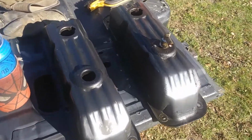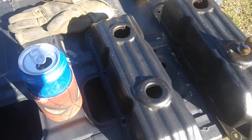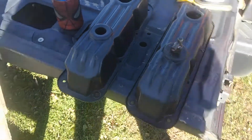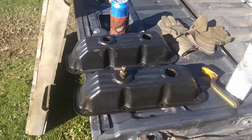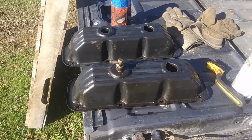Alright, got these valve covers cleaned up some. This one's not quite as good as the other one. Good enough. Hell of a lot better than they looked. Beautiful day to rinse some shit off. Probably be the last weekend. Alright, we got these puppers back on. They look much better in here. The rest of the engine needs some detailing, but